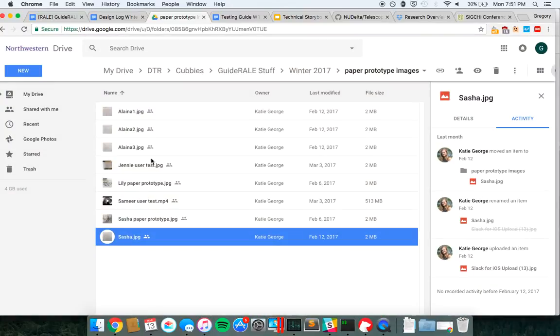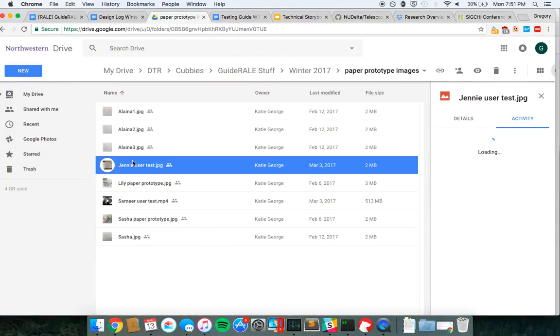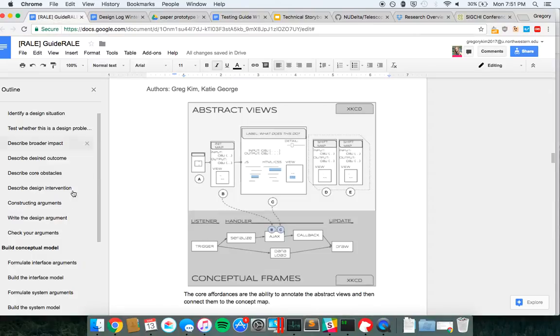Lastly, we did a round of testing in which, like I mentioned before, we split it into abstract views and conceptual frames. And this was the culmination of all these different strategies we tried. It was combining a lot of them and also trying to avoid the user pains that weren't directly related to their learning. We saw the best results so far with this, and I guess now's a good time to get into the